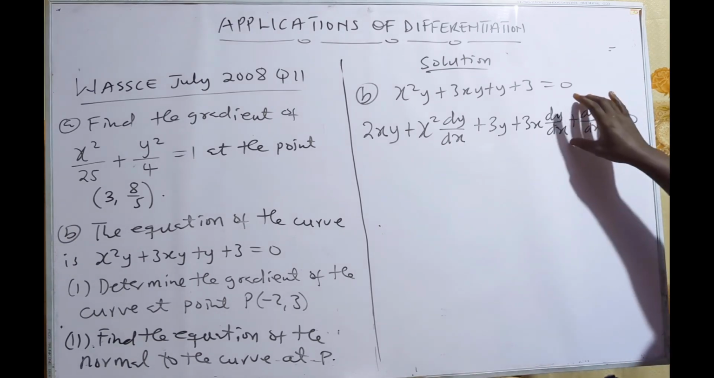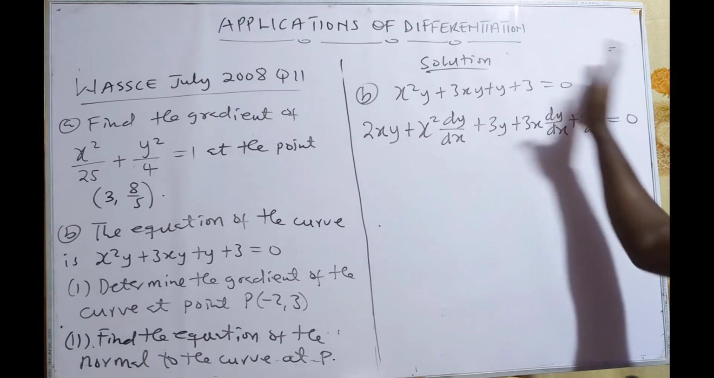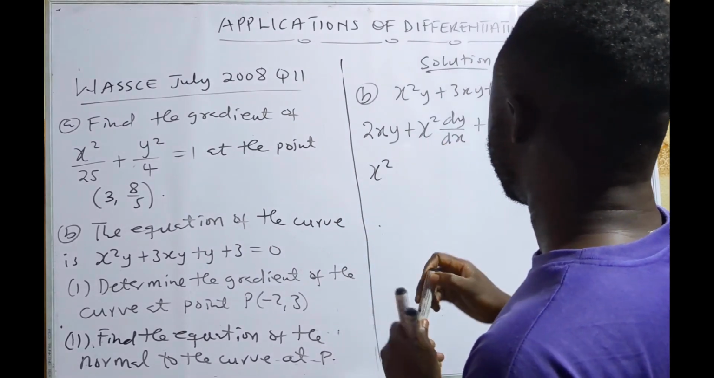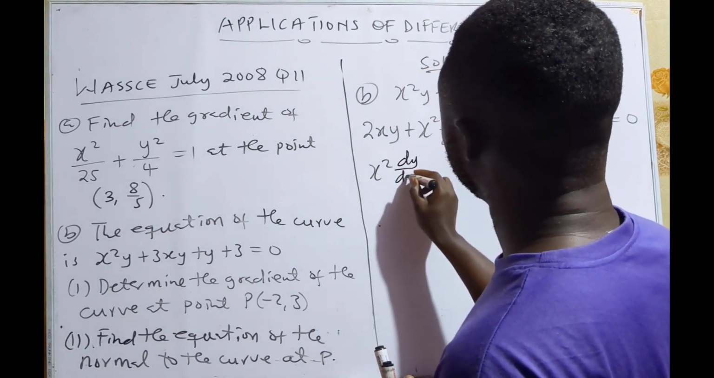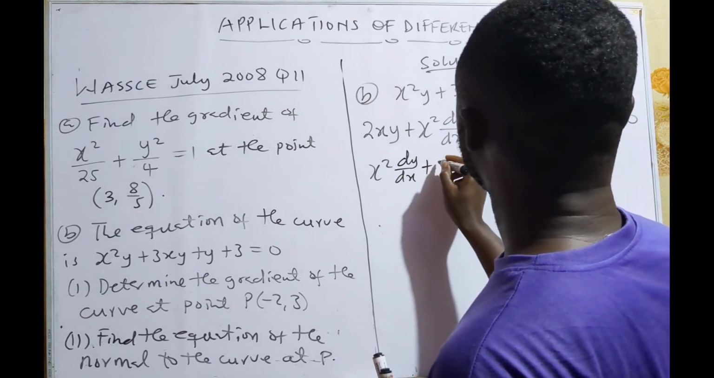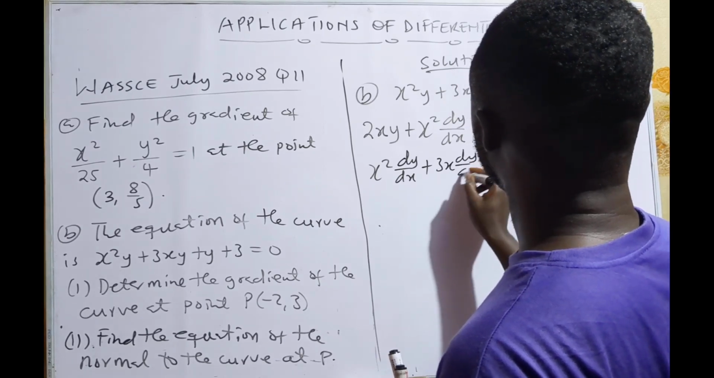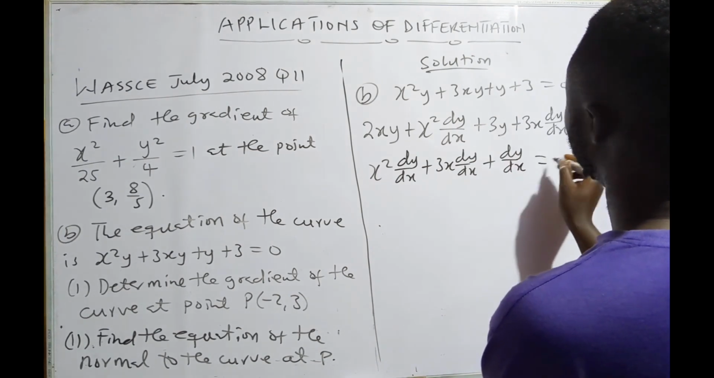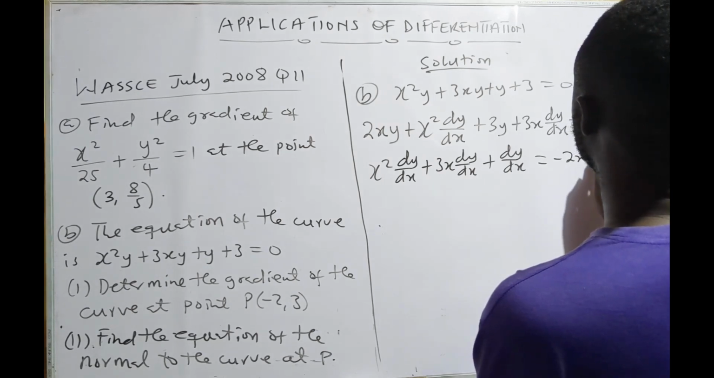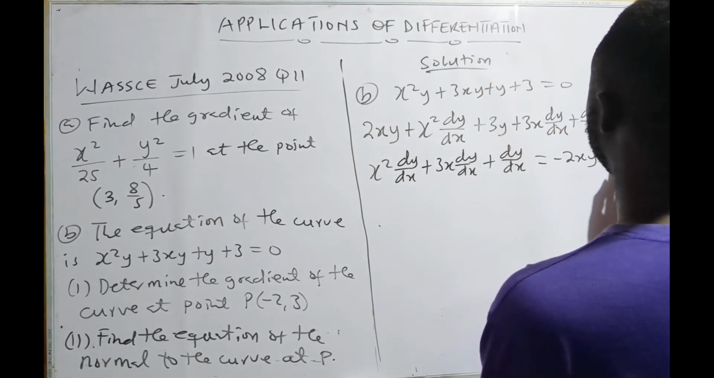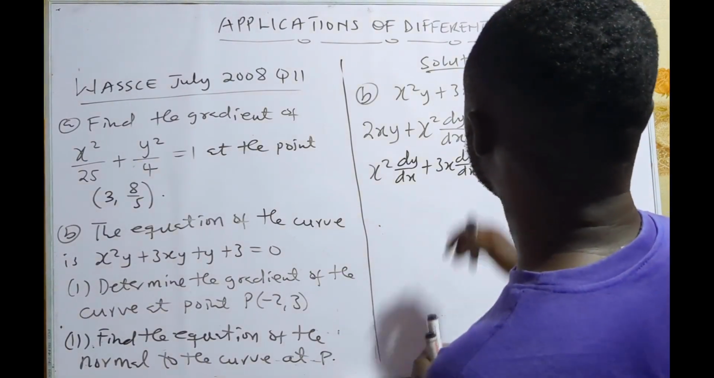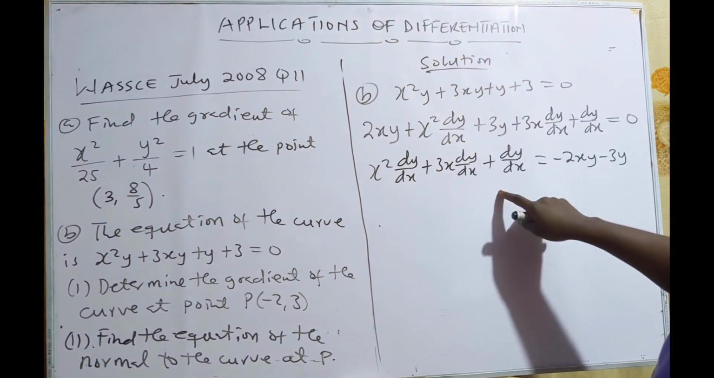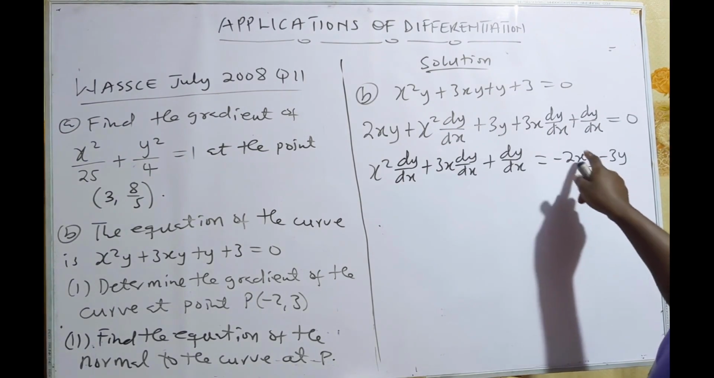dx the subject. So I'm going to group like terms, and I'll take the rest to this side. So I'll have x squared dy on the x plus 3x dy on the x plus dy on the x equal to minus 2xy minus 3y. Okay, so x squared dy dx plus 3x dy dx plus dy dx equal to minus 2xy minus